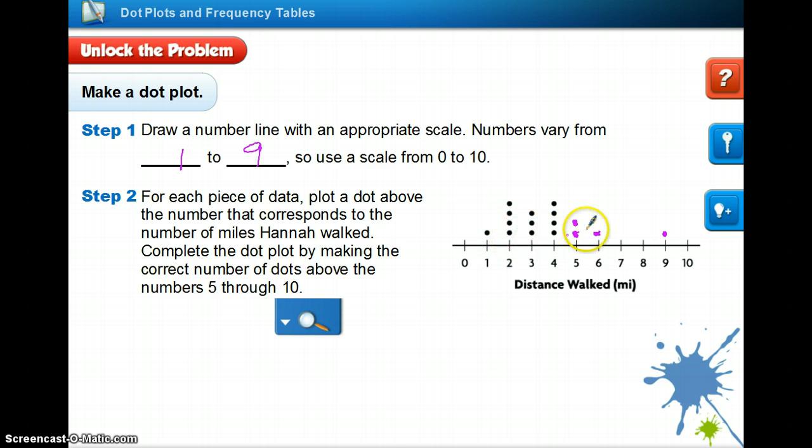It's already done for me. Another 5. 2 is already done for me. Another 5. 4, which is done for me already. Another 5. A 4, which has already been done for me. Another 9, so that goes here. 3, 2, and 4, which all have already been done. So when I'm done, my dot plot looks like this. This is a completed dot plot. So that's step 2. And then step 3,